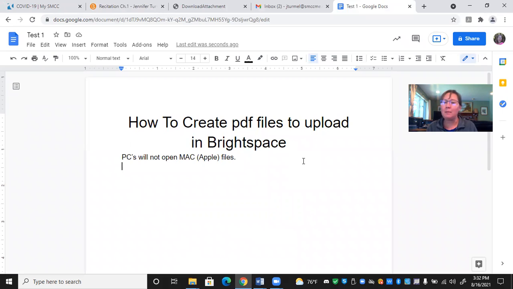But maybe you're working from home and you don't have access to a printer, and that is totally fine. Then you can just do it by hand and take a picture of it on your phone. And then here I have my file opened in Brightspace, and I have test 1 here, but you would